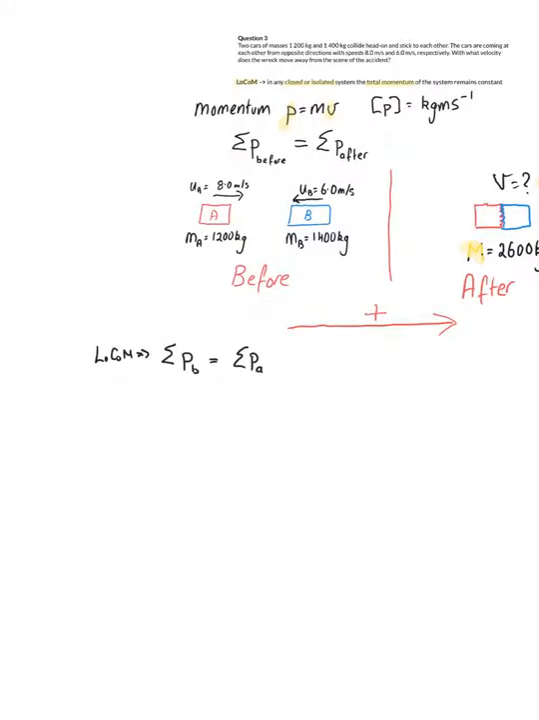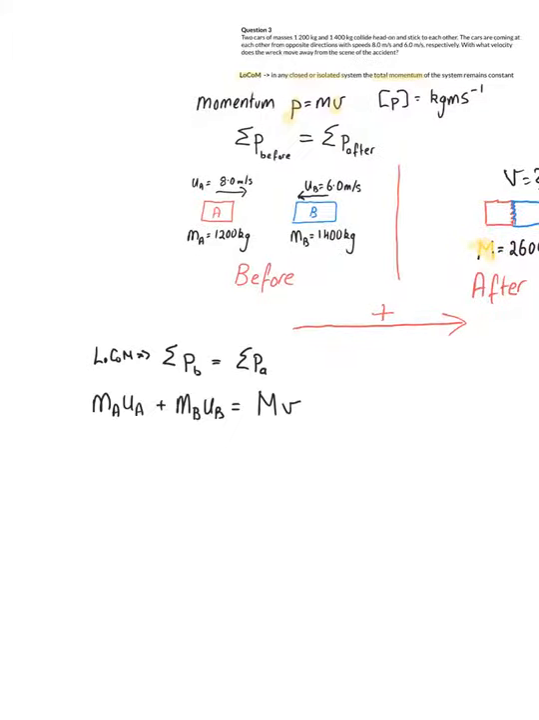Writing out a simple statement, the law of conservation of momentum implies that the total momentum before the collision equals the total momentum after. So the total momentum before the collision is equal to the momentum of car A plus the momentum of car B. And the law of conservation of momentum is telling us that is equal to the total momentum of the combined cars after the collision. Substituting in here,